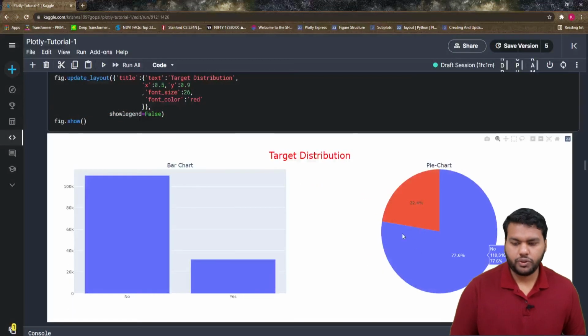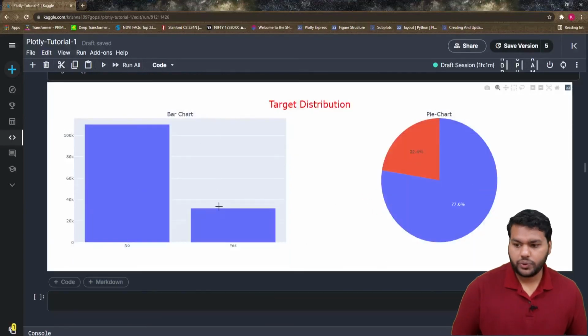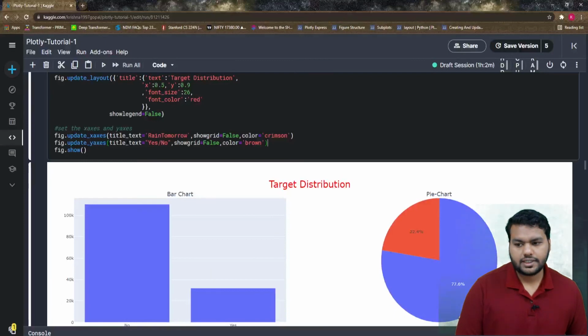If you pass showlegend false, you will not see the legend, because it does not make much sense in this plot. Another thing you can do is design the x-axis and y-axis by calling update x-axis and update y-axis. In update x-axis, I pass the title text, showgrid false, color crimson, and the same for update y-axis.